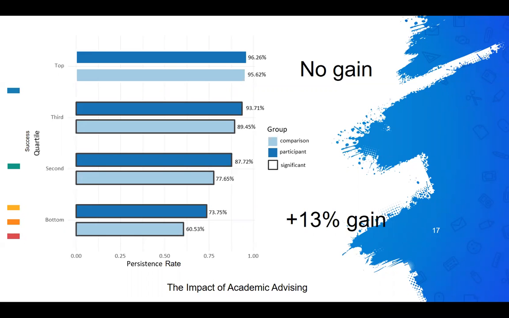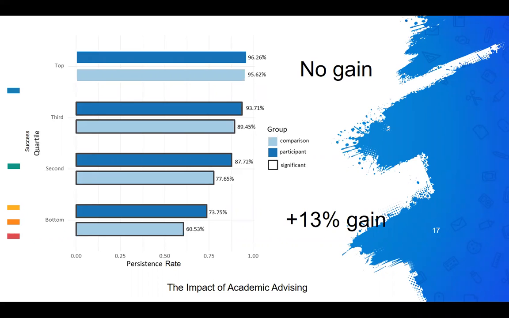And so Jody, what you're bringing up is what's called self-selection bias. In most cases, when you do studies that just do a raw comparison of all participants and all students who didn't participate, that raw comparison is subject to self-selection bias, because you say, well, there's something about the navy blue bars that's very different from the light blue bars, which is what's causing them to participate in advising. We control for that through the propensity score match. What that allows us to do is to say that the light blue bars are a narrow band of our student body who are very similar to the dark blue bars in really key ways.